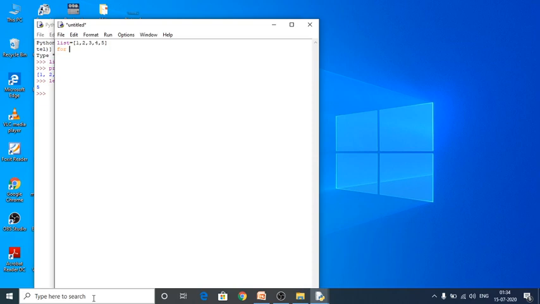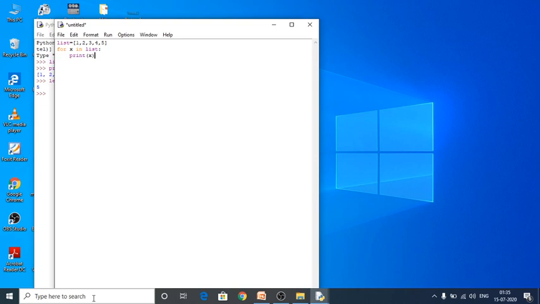For x, another variable, x in list. So the x variable is going to go into the list variable, and it will retrieve the elements one by one. Next I'm going to print x, because the variable x inherits all the values from the list itself.